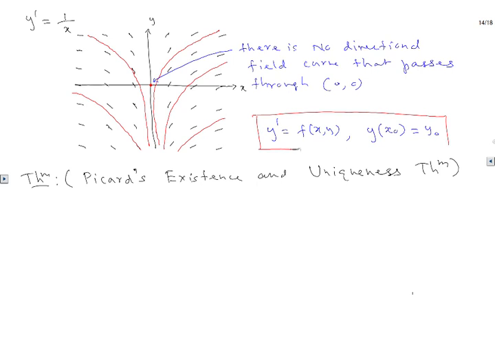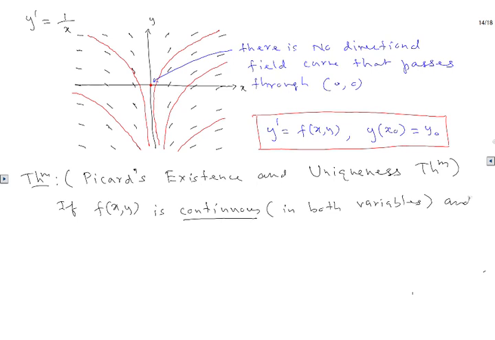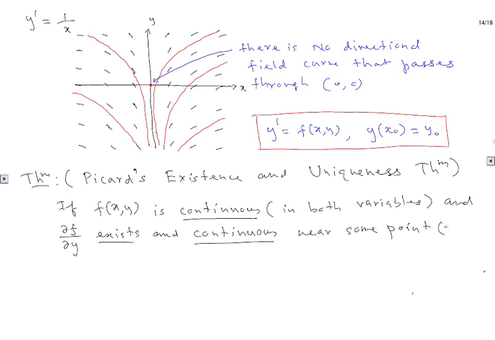For this problem, the theorem says that if f(x, y) is continuous in both variables, and the partial derivative of f with respect to y exists and is continuous, near some point (x0, y0), that's the point you are talking about,